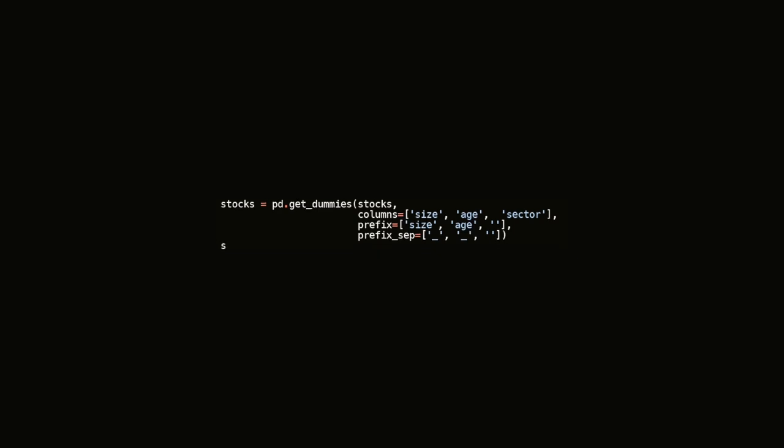The original sector column has been transformed into several binary columns representing different sectors, which are also included in the output. The data types of the columns are specified as uint8, indicating that they are stored as unsigned 8-bit integers, which is efficient for memory usage. The total memory usage of the data frame is approximately 164.8 kilobytes, reflecting the compact nature of the data after encoding. This transformation is crucial for preparing the data for further analysis or modeling, as it allows algorithms to interpret